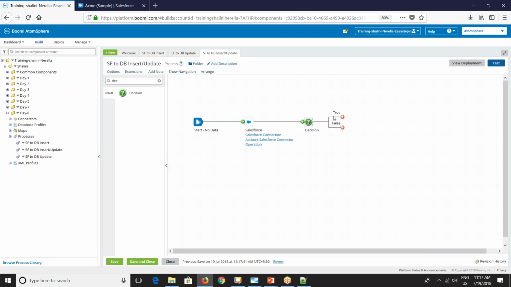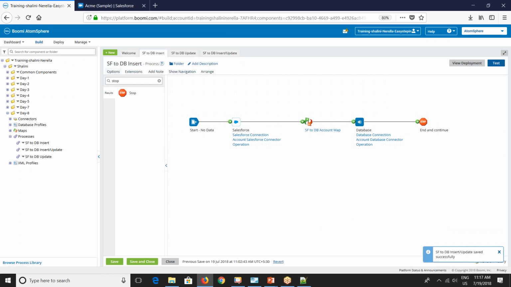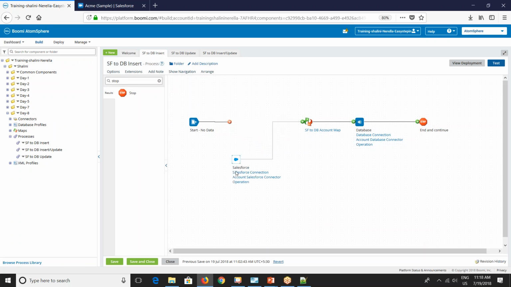So now I'll have to insert it. I already have the process for inserting into the database, right? So let me reuse this. Let me call this process. See here Salesforce is already there, so let me remove this Salesforce connector because it is already there. And